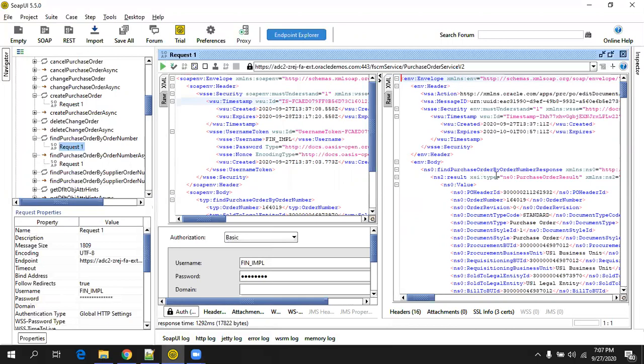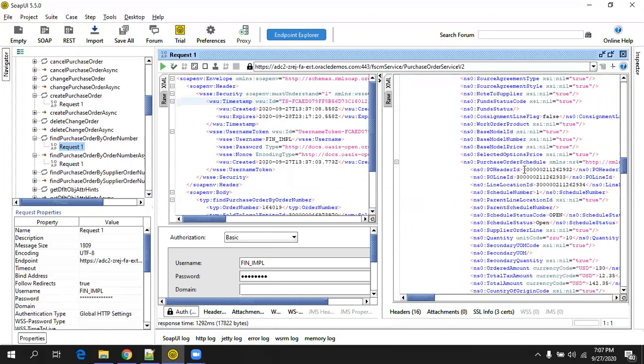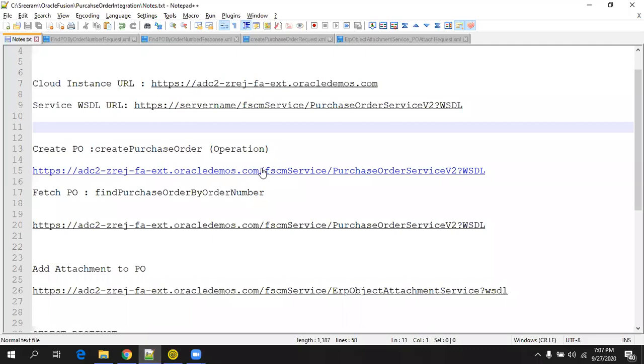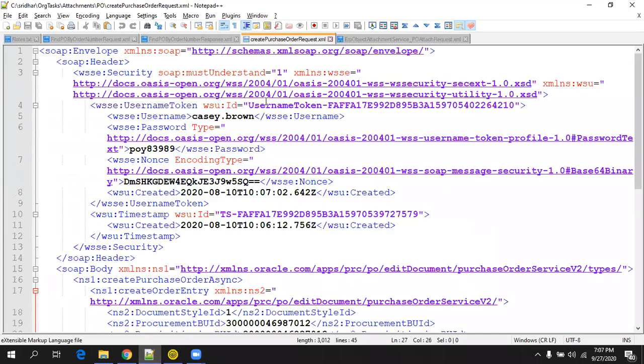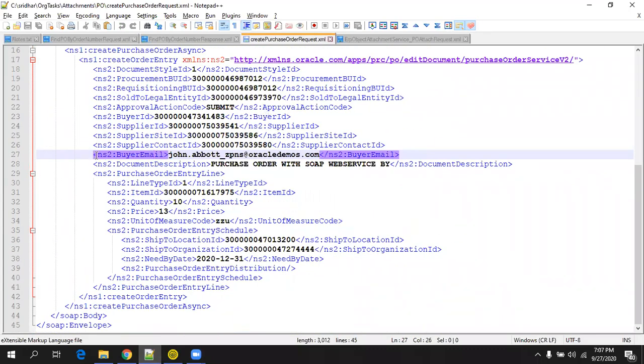Now here, if you observe, you receive a good amount of IDs from this one, right? These are generally required for creation of a sample web service. Just copy this particular response and then prepare the creation payload. To create a purchase order, we have to use the create purchase order method, right? If you observe the sample create purchase order payload, it requires some minimal elements, but also a good amount of IDs.